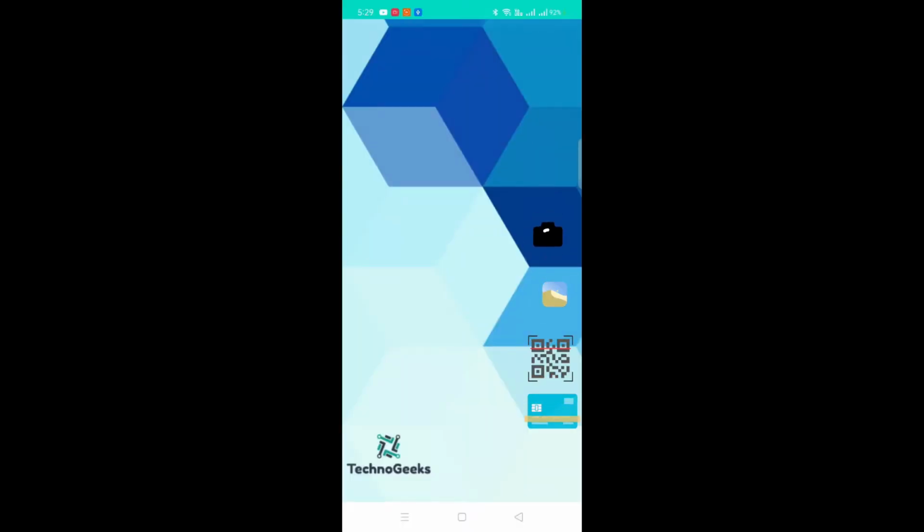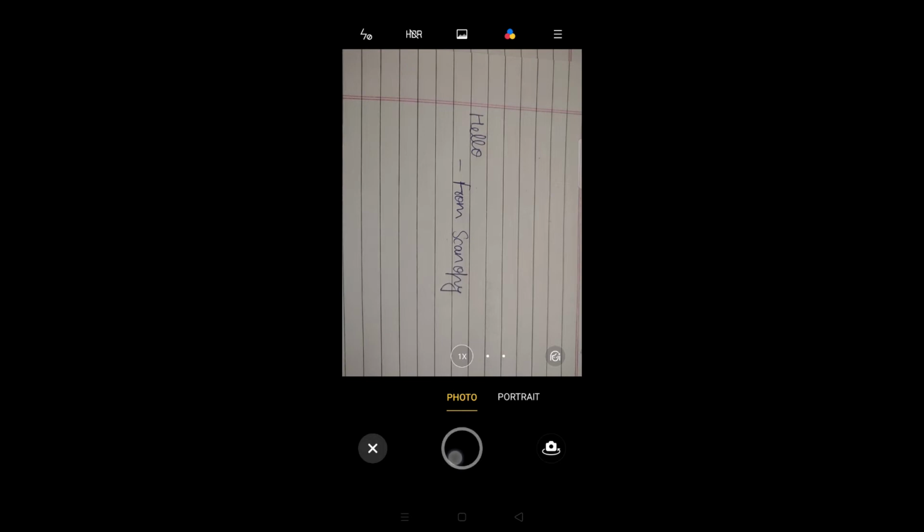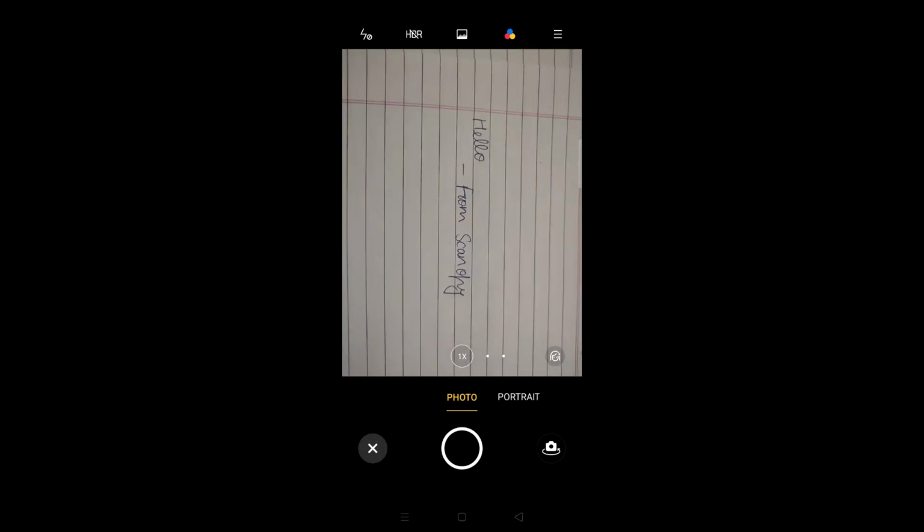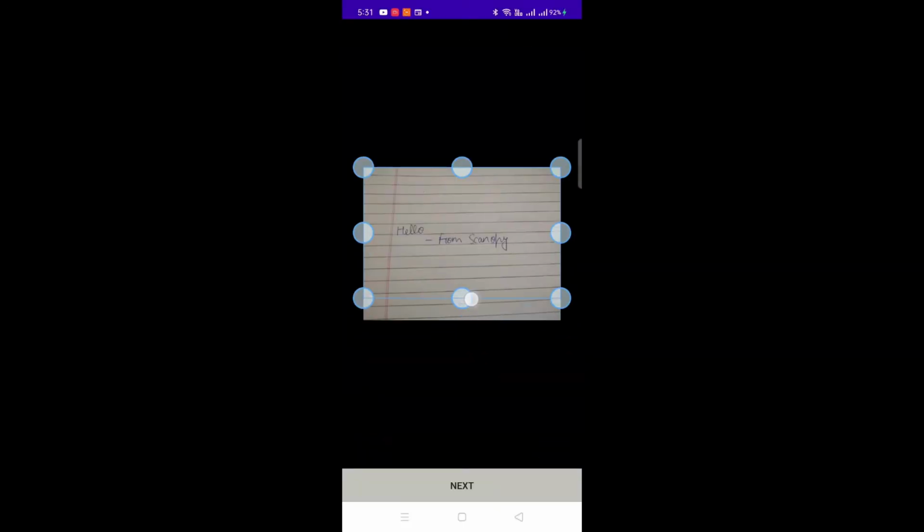When the user clicks on the camera button, the camera of the device is opened, and on further acceptance of the permissions, the user is asked to click the photo. After that, the user needs to confirm the photo and proceed to the auto cropping zone.